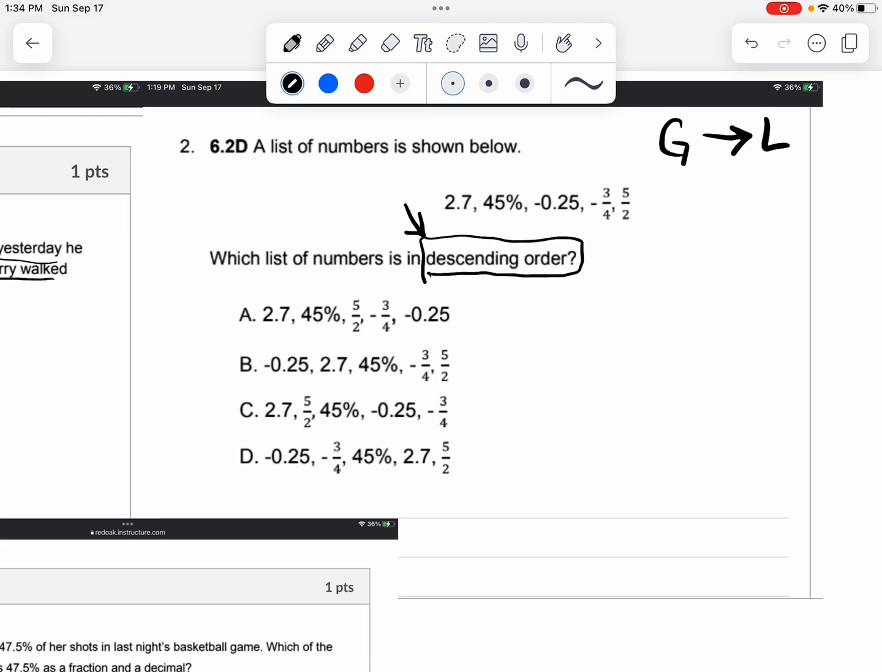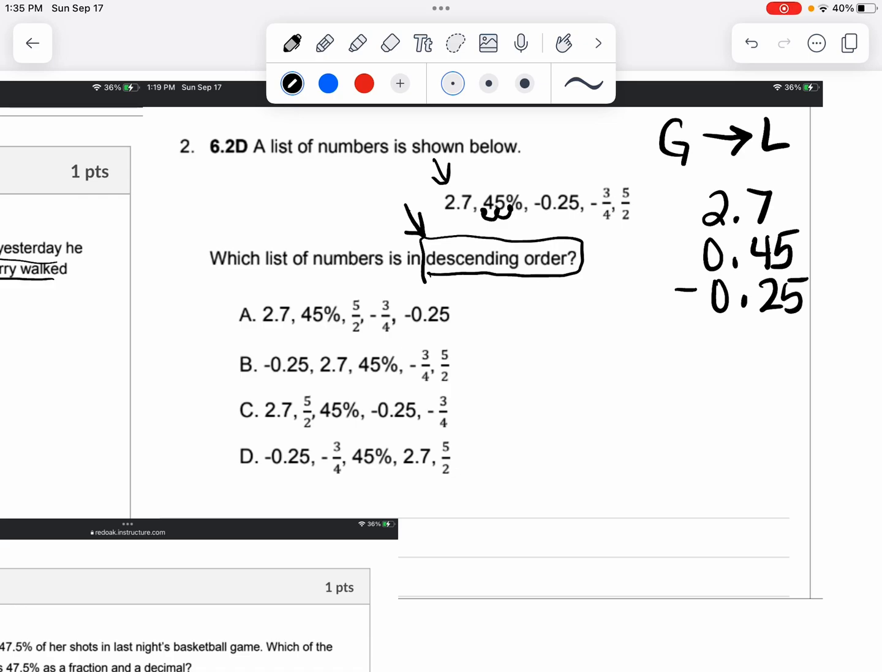Okay, so I have 2 7/10. Remember I said if you have a mix of these, we're going to change these to decimals. So 2 7/10 can stay. I have 45%. Remember how to change that to a decimal. My decimal's right here, and I go 2 places to the left. So that's 45/100. So I have 0 and 45/100. And then I'm going to have negative